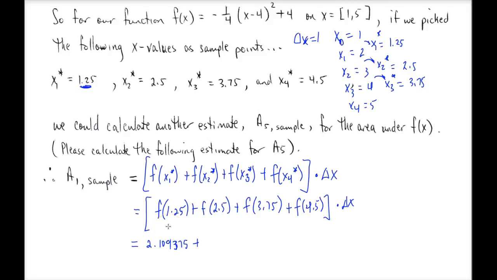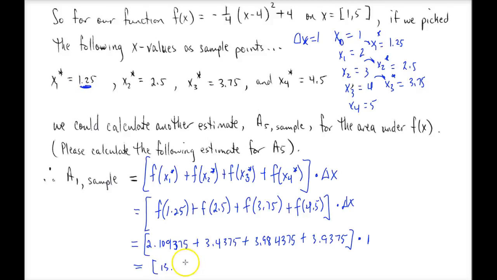And if I do the same thing for 2.5, I see that I get 3.4375. And if I do the same thing with 3.75, then I'll get 3.984375. And lastly, with 4.5, I see that I'll just get 3.9375. And of course, all of that will just be multiplied by delta x, which we know in this example is just 1. Alright, and so now once we add all that up, we know that everything on the inside here is going to end up equaling